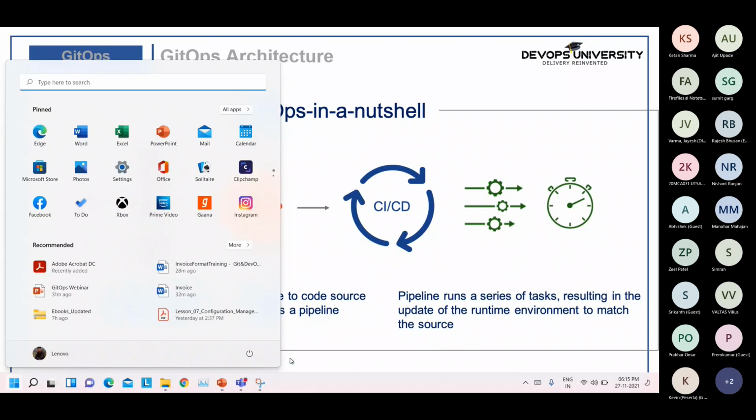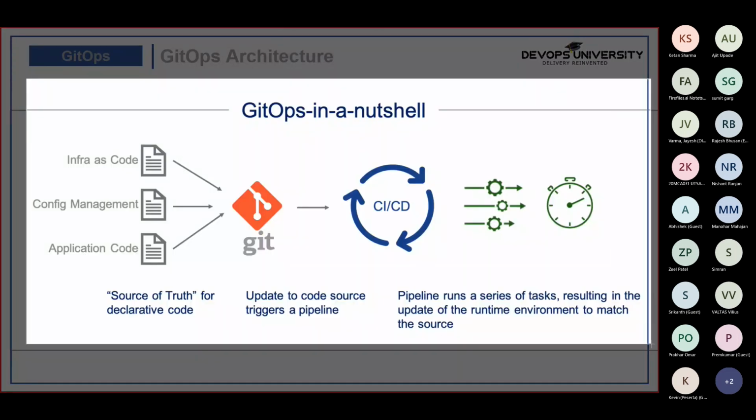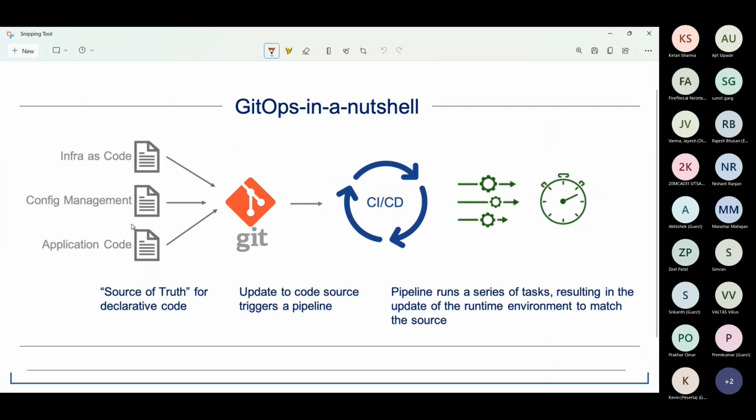Also, this is another architecture which we can talk about. Now in this one, as you can see, you have pretty much got whatever the things you feel like. It can be infrastructure as code, it can be configuration management, it can be application code. Now it's not like only CI/CD automation is possible in GitOps.